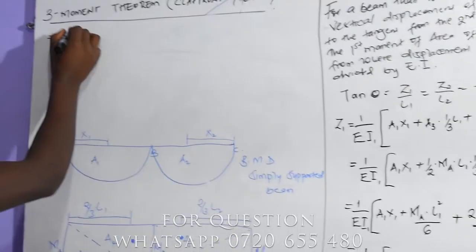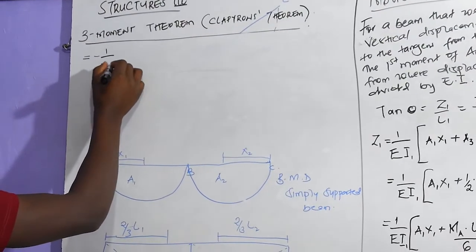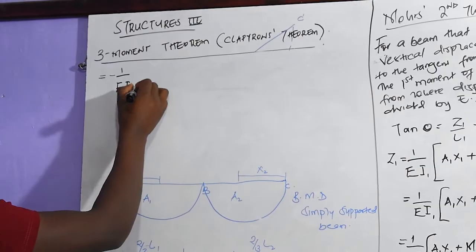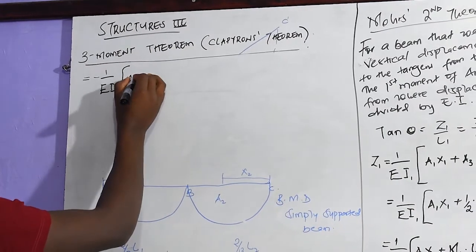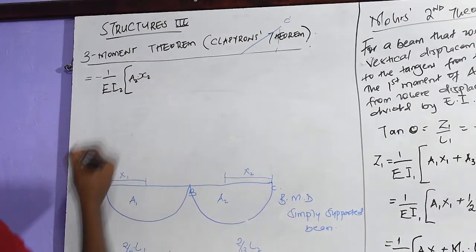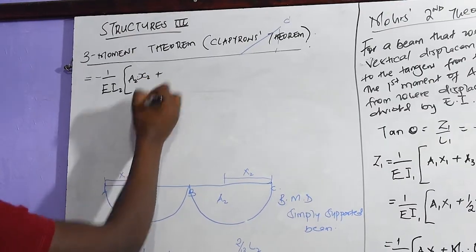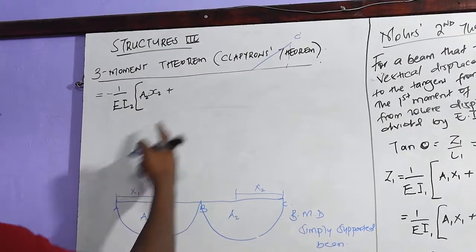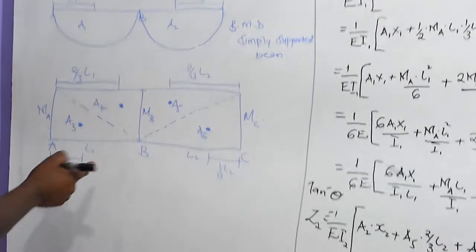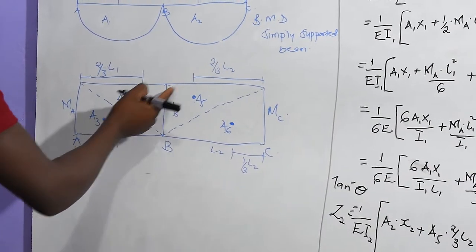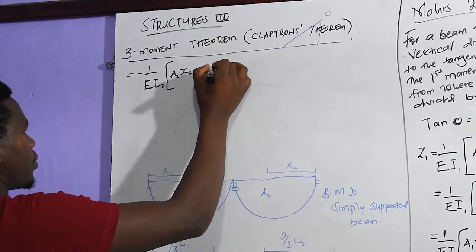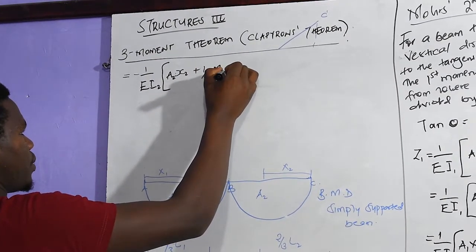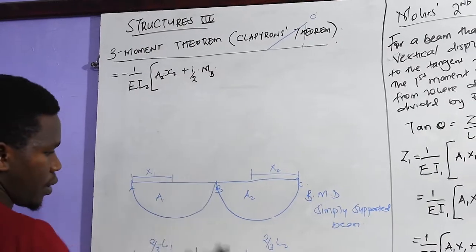Therefore, negative 1 over EI2 in the bracket, area 2 X2, plus our area 5. This one will be given by half multiplied by MB and by L2. So a half multiplied by MB multiplied by L2